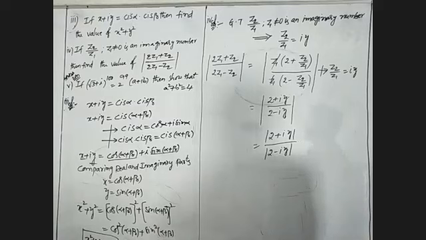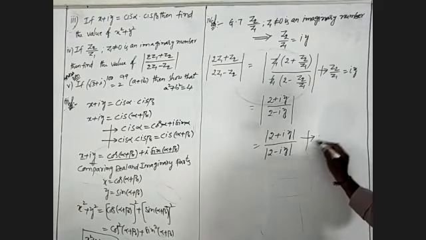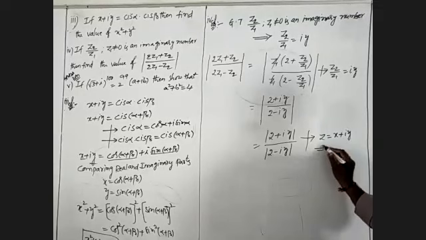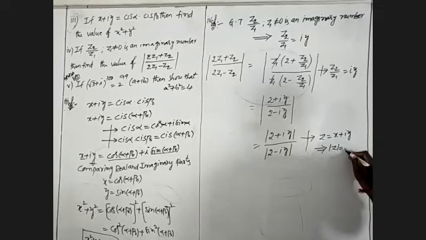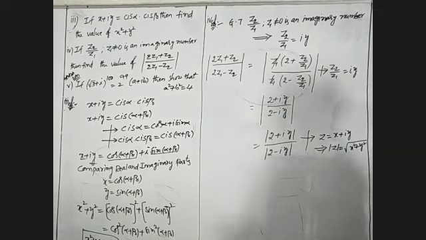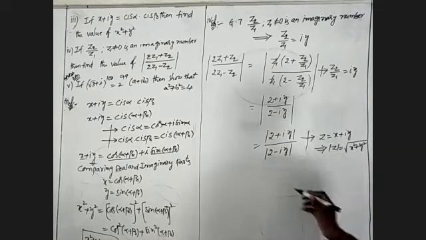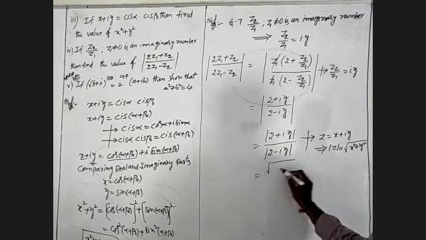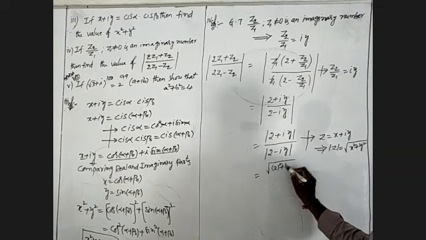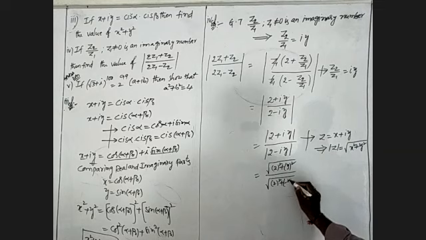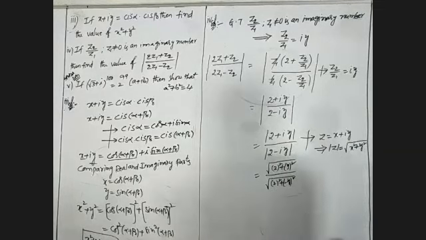When given one, I will take a complex number z is equal to x plus iy. The modulus of a complex number, mod z, is nothing but root of x square plus y square. Where given x is 2 and y is y, I will write root of 2 square plus y square. By the denominator also, I will write 2 square plus minus y whole square.